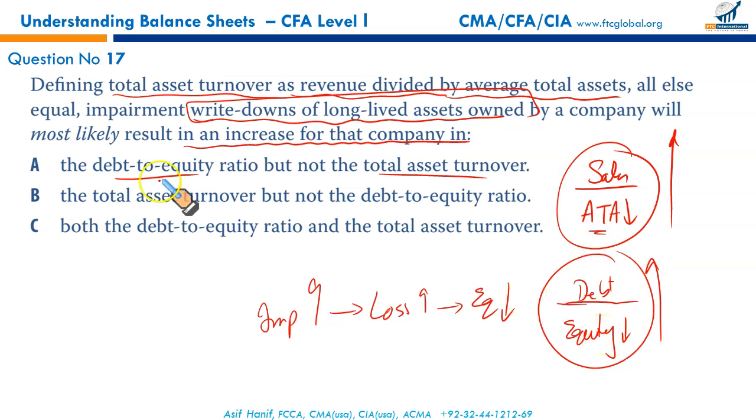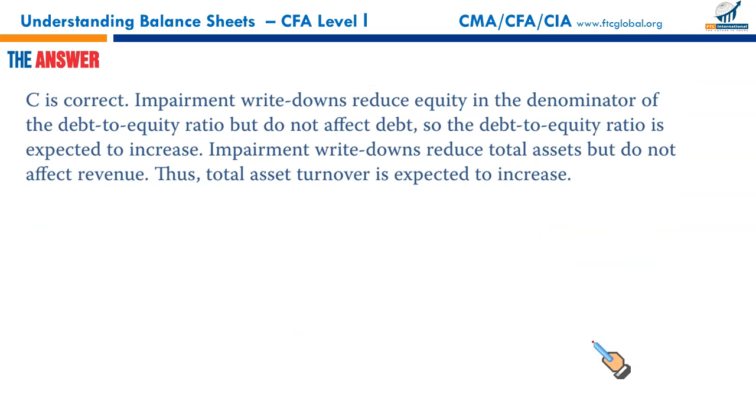So which option should we do? The debt to equity ratio would increase, but not the total asset turnover. Wrong. Total asset turnover would increase because the word here is increase, but not the debt to equity ratio. Wrong. Now read the whole statement. The write-down by the company will most likely result in an increase in both the debt to equity ratio and the total assets turnover. Both will increase. Now we are absolutely sure through the formula, by changing the denominator, that both ratios would increase, and absolutely right answer C. Next,